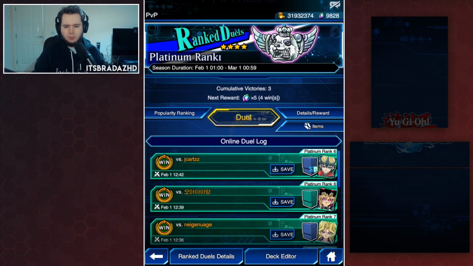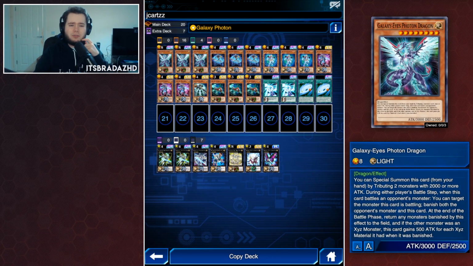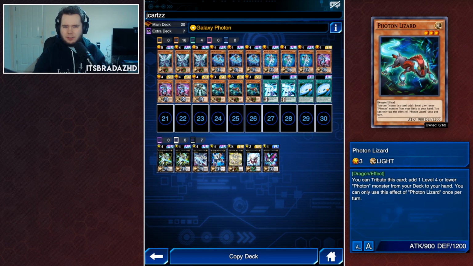So, Arslan, what is he playing? He was playing, yeah, that's pretty straightforward. 3 of everything, with, oh dude, 3 Galaxy Eyes, really? I mean, actually, looking at this, it's literally a kite deck. He's only playing kite cards. He's playing the rank 3 for no reason. Okay, I guess if you want to play 3 Photon Lizards, sure. But